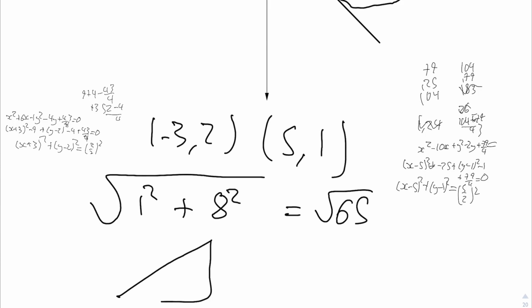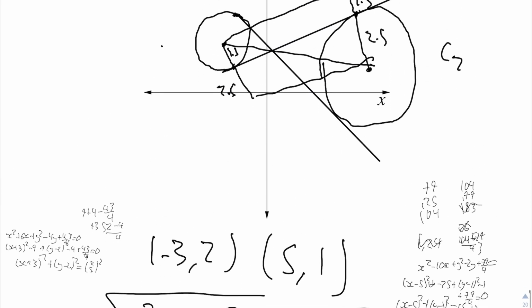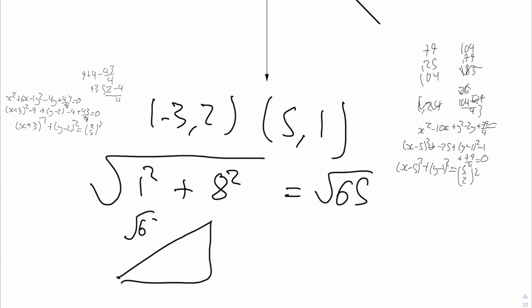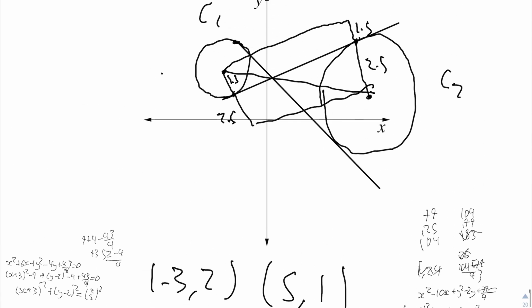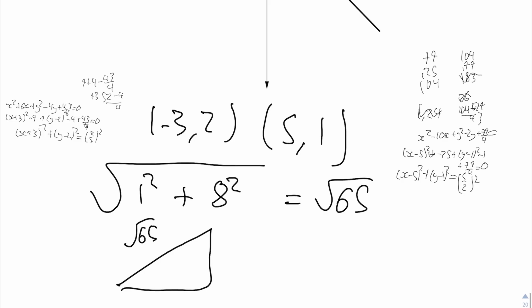So that's the distance there. So we have root 65, and then 2.5 plus 1.5 is 4. So then to work out this side, this length here, which we need,